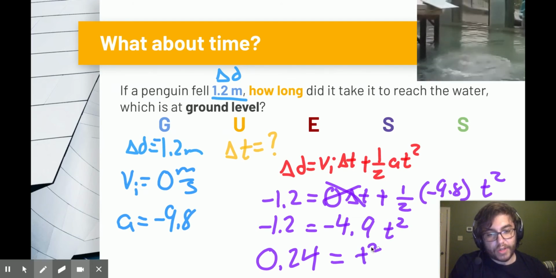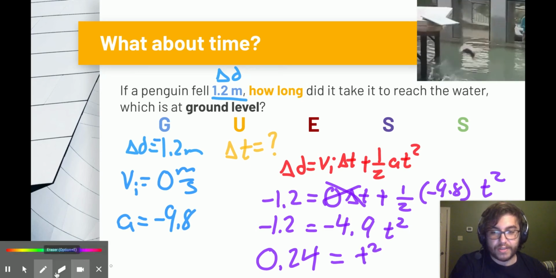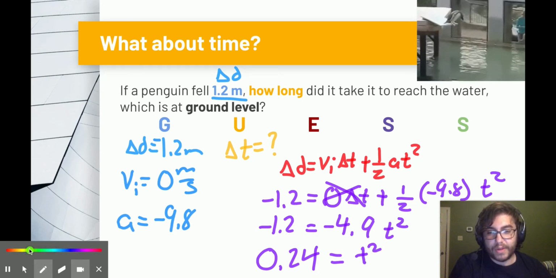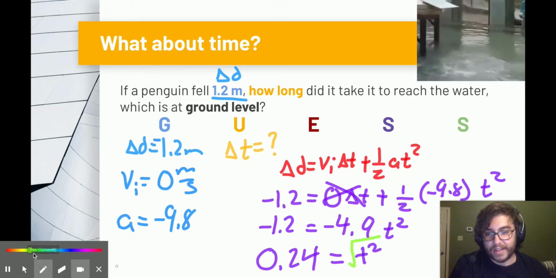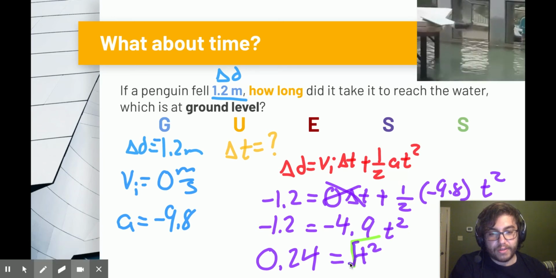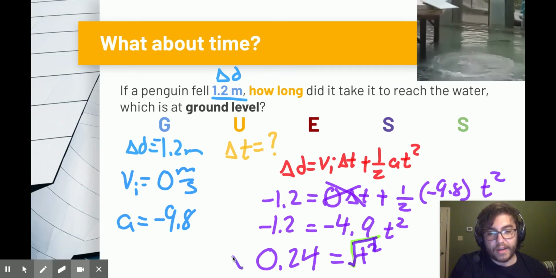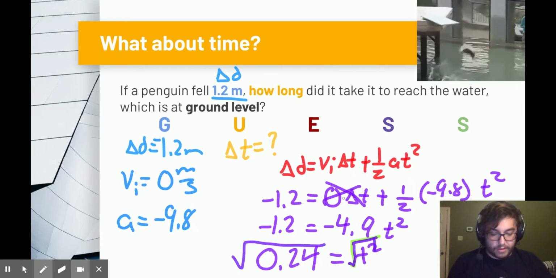So in order to get rid of this square, we got to do the opposite of squaring, which is square rooting. Square root, that cancels that out. We square root one side, we got to square root the other. And the answer is,